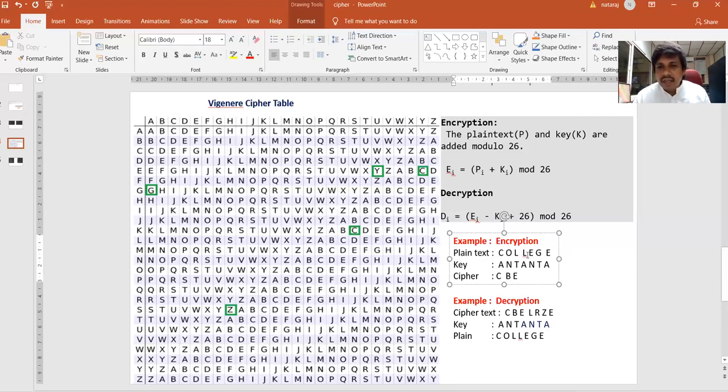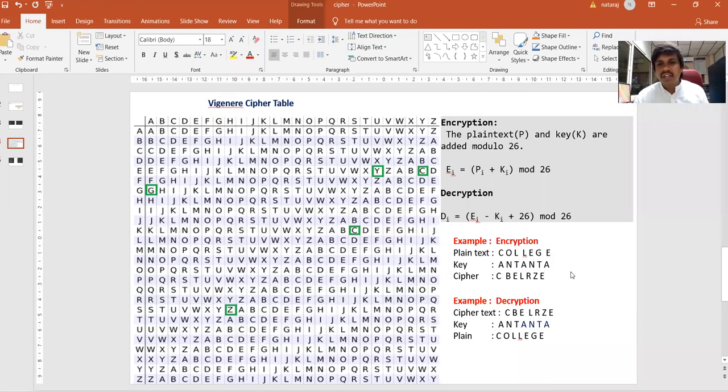Now, L and A, L row, A column is L. E and N, I'll pause it. So in that way, if you can do this, this is your ciphertext.